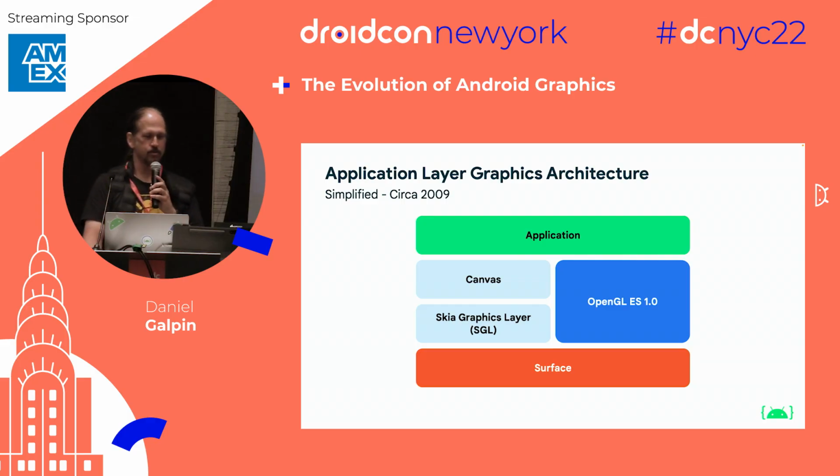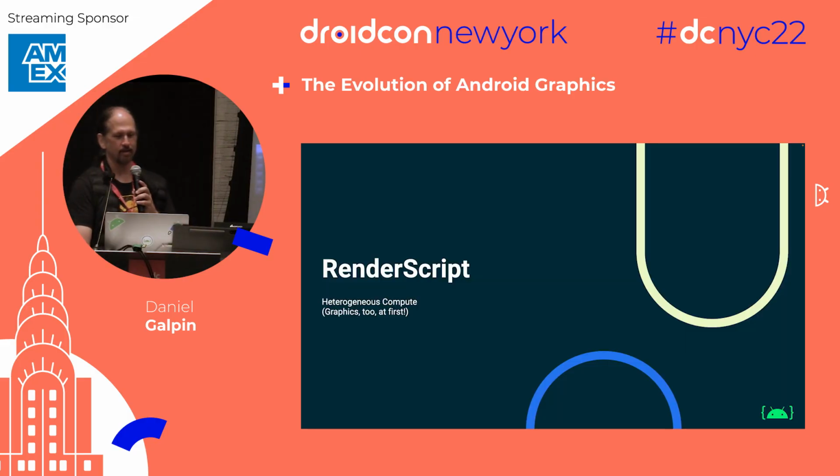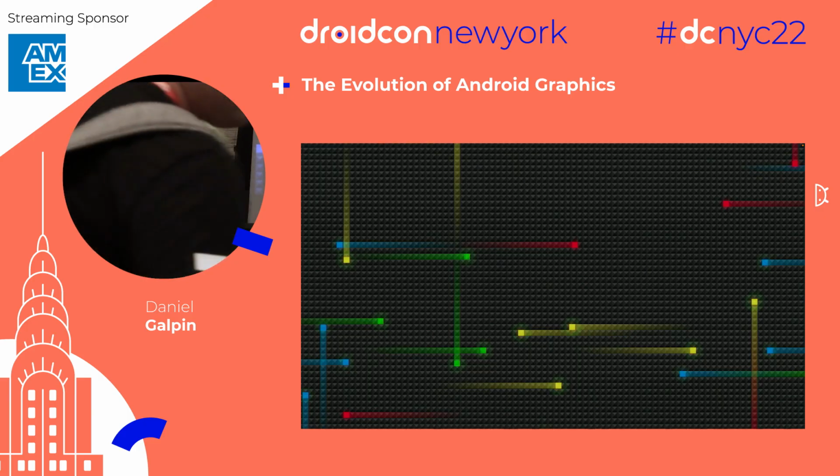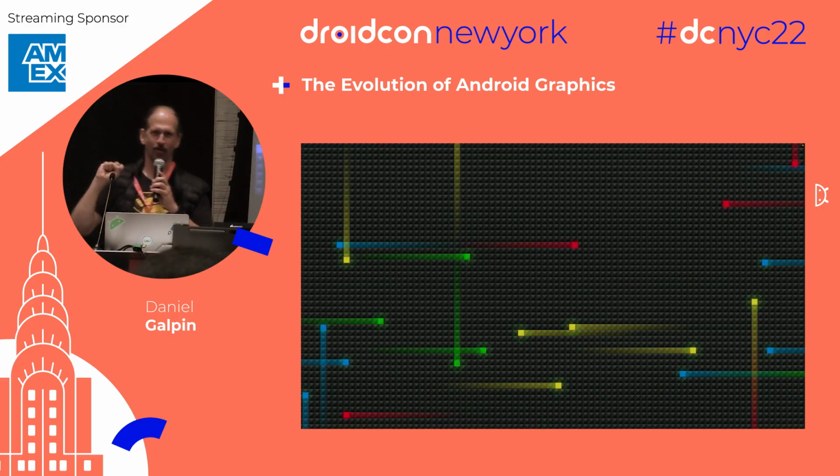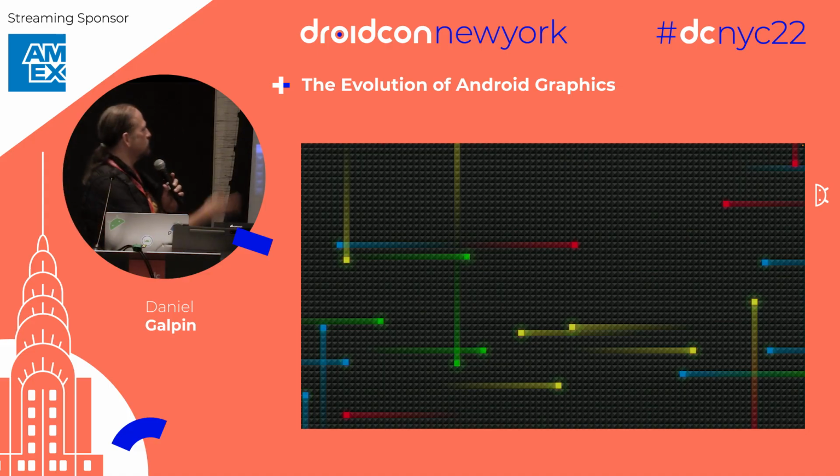And then we introduced RenderScript, which was heterogeneous compute and graphics, and we did it for this as much as anything else. For those of you who've been around, I'm my old man now going, oh, back in the days, when the Droid came out and we had the Nexus 1. This is kind of where we're at. We did this because we wanted a way to get performance and compute across heterogeneous hardware, because we had a lot of different chipsets and